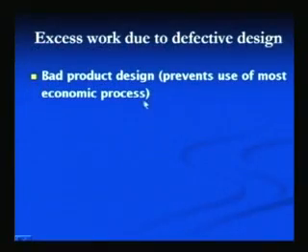Like if we use a milling machine to produce a particular product, it will take somewhat less time compared to a shaping machine, because of the difference in the metal removal rates available with these two systems. So, it depends on whether the design of the product will allow the use of the most efficient economic process or not. If the design can be modified, then it will be possible to use the most economic process